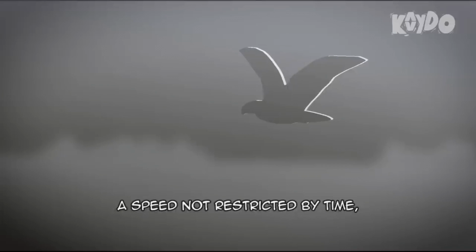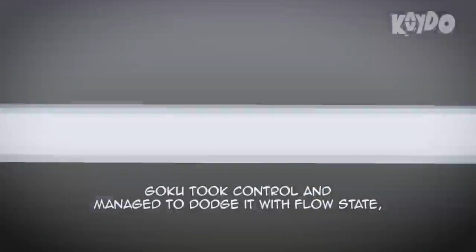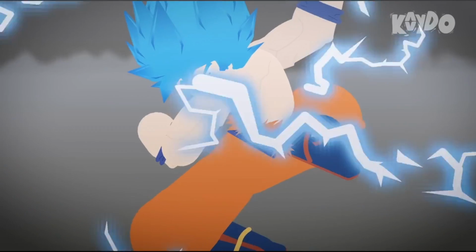Famous earlier, speed not restricted by time. It's comparable to or even faster than mine. Goku took control and managed to dodge it at flow state. But I don't know that technique. Damn